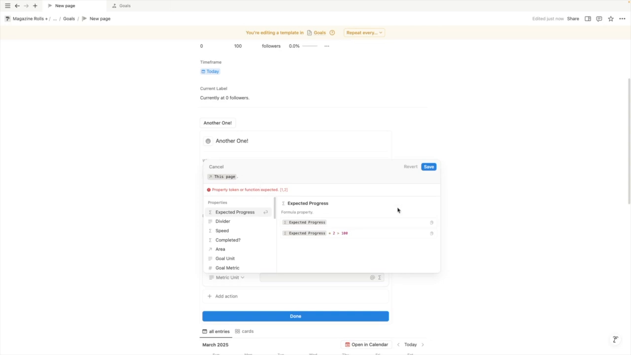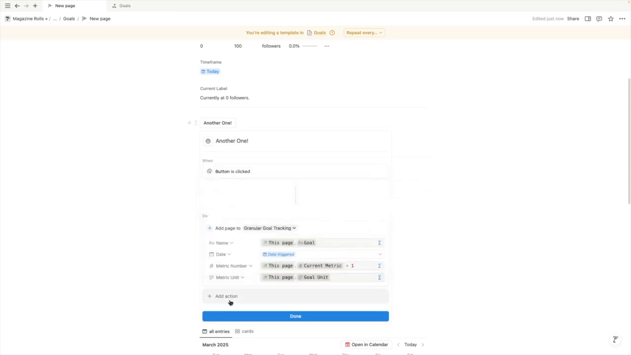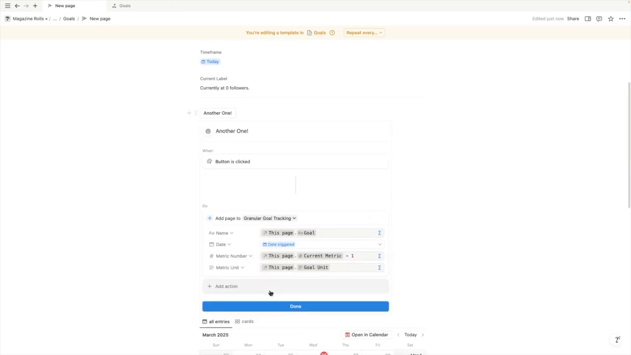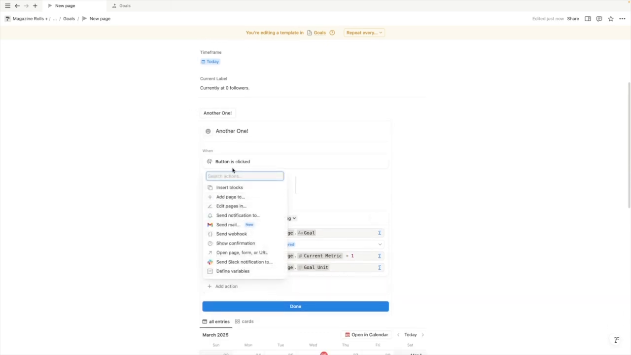So since we're able to access the page that we're currently on, we're able to get properties from the current page and push those into this granular goal tracking database. So I'm going to use this page.goalUnit. Need to update the stuff over here. Only thing we will need to update